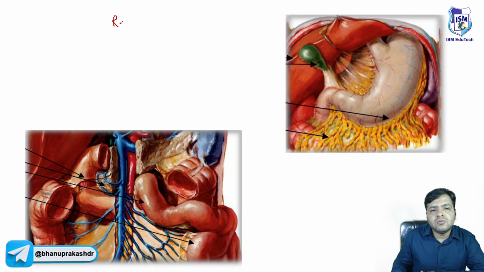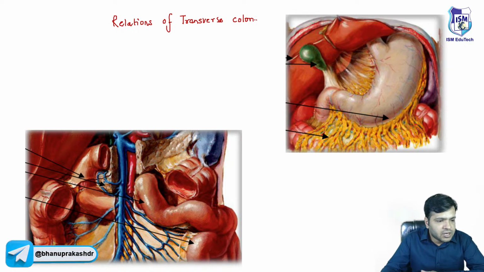Now coming on to the relations of transverse colon. So now, beta, remember we have three relations: anterior, posterior, and inferior. Now, if we come on to the anterior relations, beta,